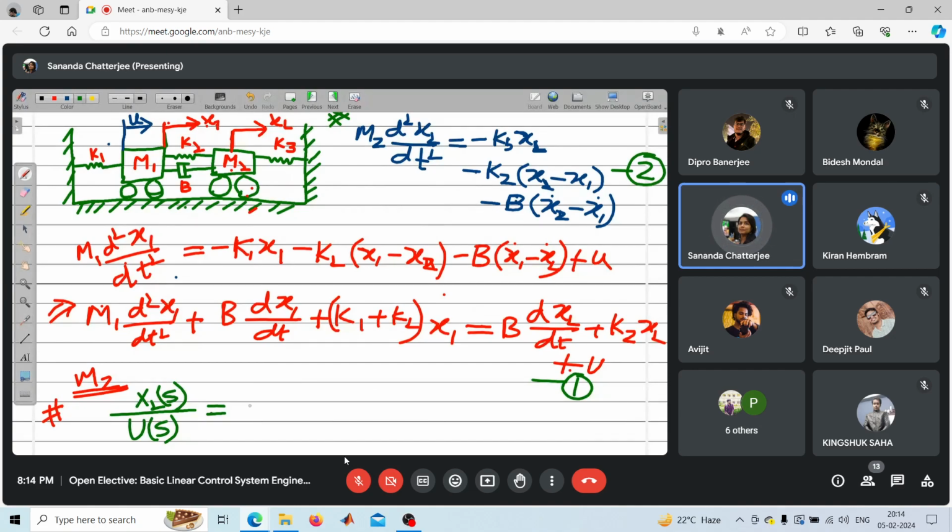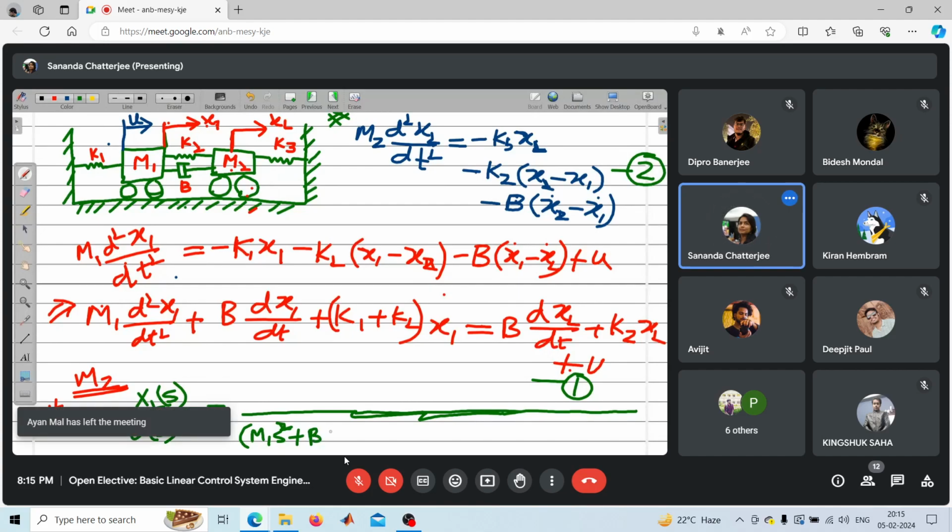What I am trying to say is, if you capture x1s by us also, you will get a transfer function which will have a denominator polynomial of order s to the power 4. S to the power 4 will be present in the denominator. So let me write this one. So we'll have m1 s square plus bs plus,